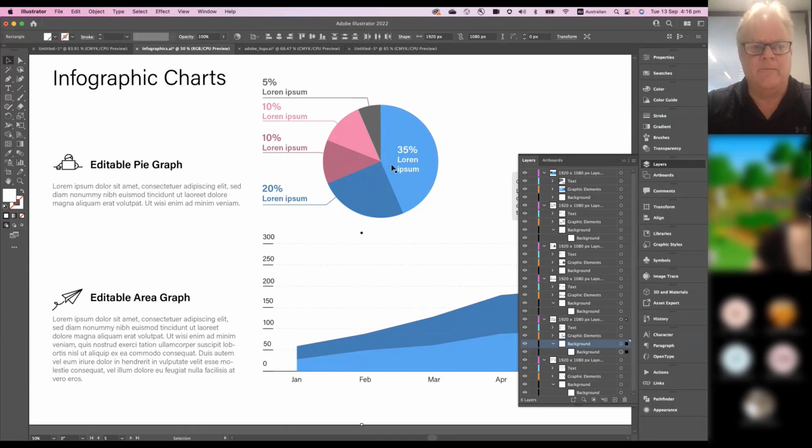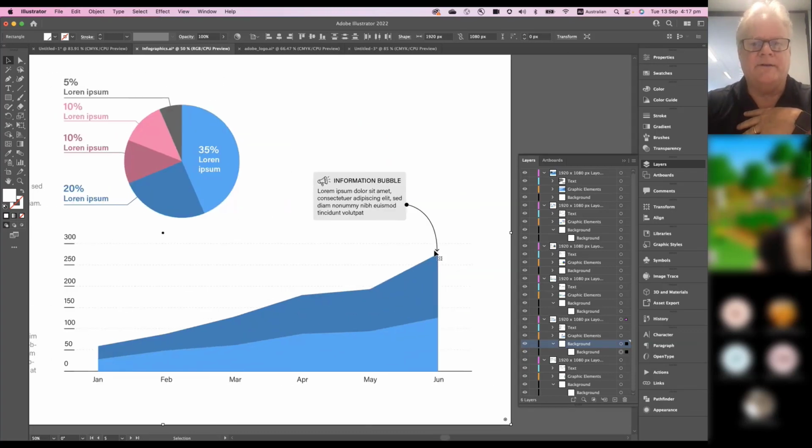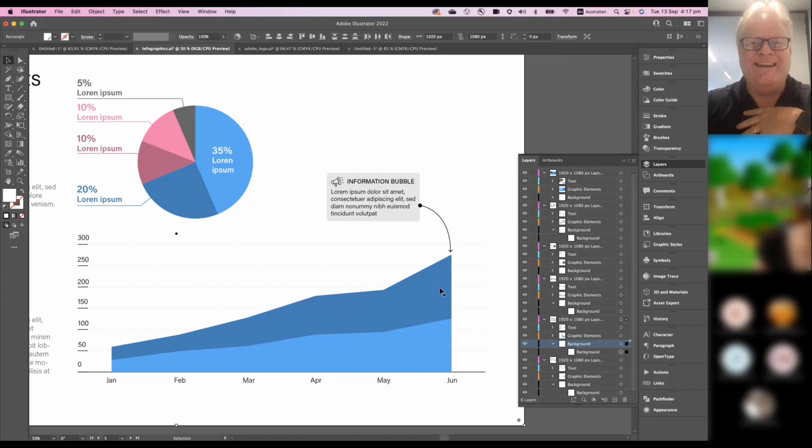Now, the reason why I would use Illustrator for doing something like these charts is that I want to keep the highest possible design capability, so that if I am using very specific colors, or it's a particular size, the fonts need to be a certain size and height, weight, etc. And I need to ensure that it's as good as possible. So something like PowerPoint does great charts, but